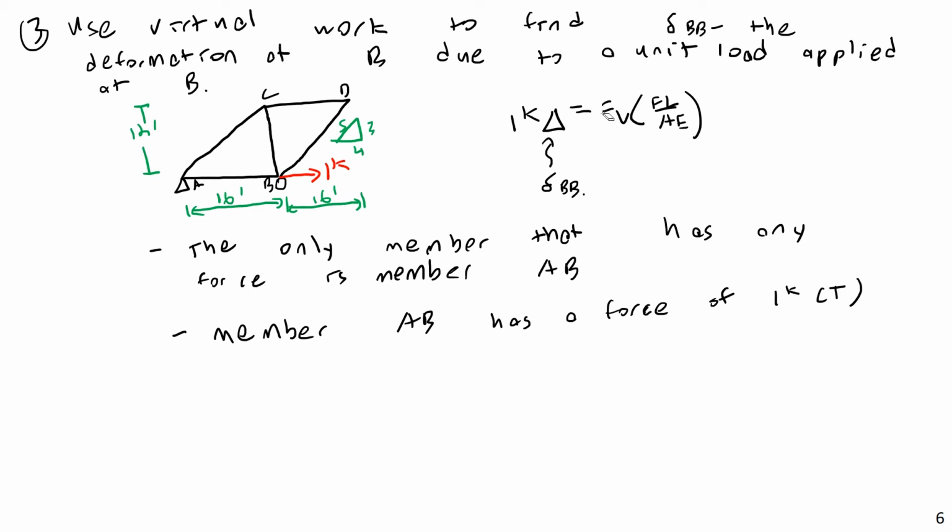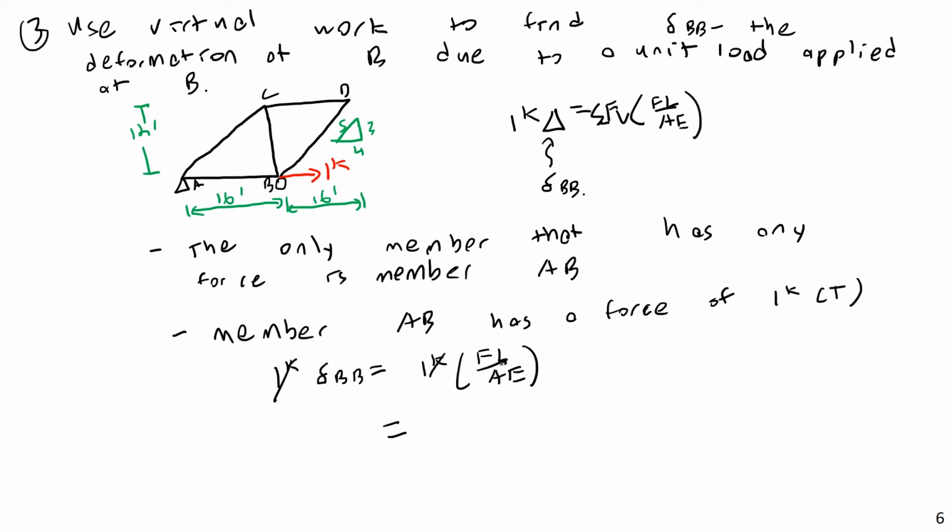I don't need that summation term that we normally have. And if I write this thing out more appropriately, it might be 1 kip times delta BB is equal to 1 kip times FL over AE. But the 1 kip cancels out, so delta BB is just equal to FL over AE,